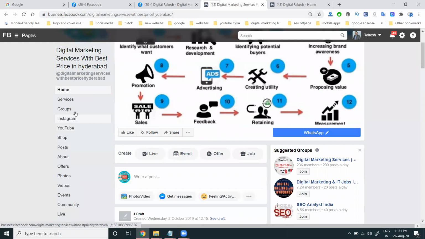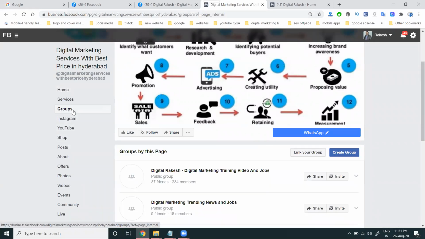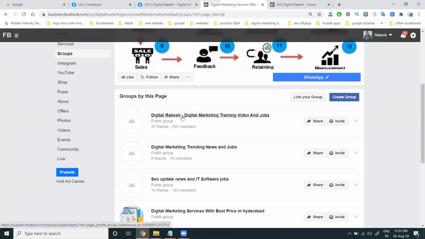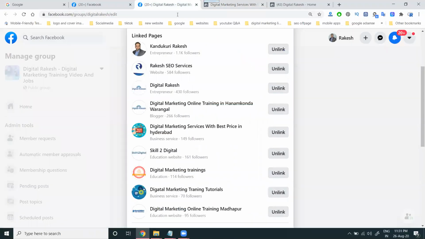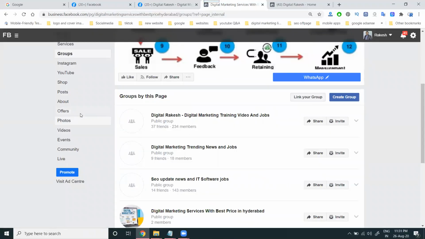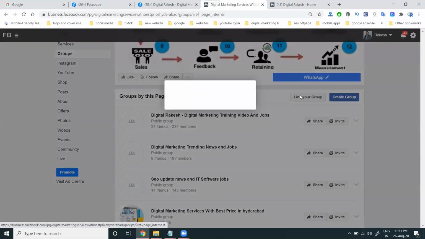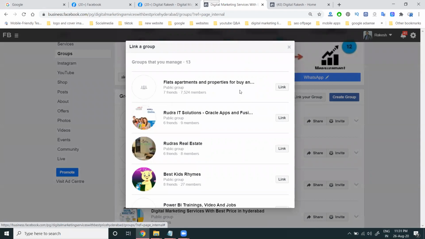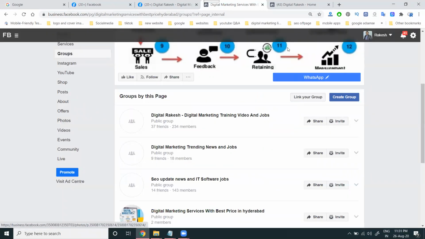We can add it directly using the Facebook page also. See this, all these are linked from groups through page, and through group. Both are possible. We can add a group in the group's settings option. For the page, the option is Groups, then link your groups. Whatever groups you have, link the particular groups. There is a better option for this.